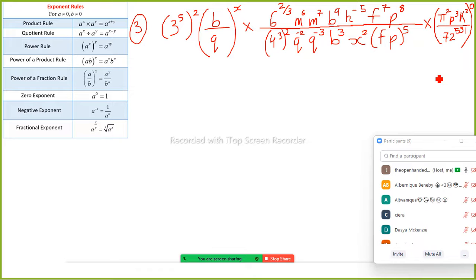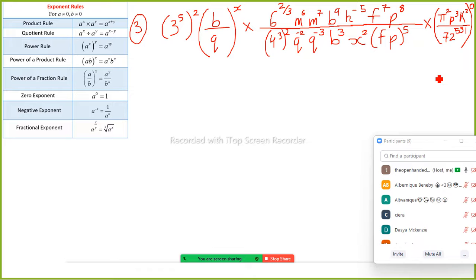Okay, good. So let's tackle that question. Now that one has all of the rules, so hopefully you're able to do it. The timer has begun. We have 3 to the 5th power all squared, b over q all to the power of x, multiplied by 6 to the power of 2 over 3, m to the power of 6, m to the power of 7, b to the power of 9, h to the power of negative 5, f to the power of 7, p to the power of 8, 4 to the power of 3, all raised to the power of 2, q to the power of negative 2,